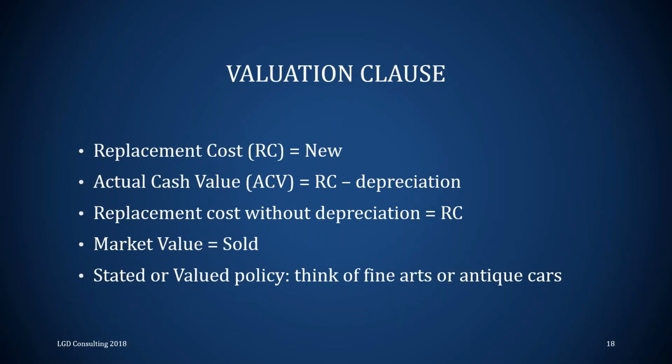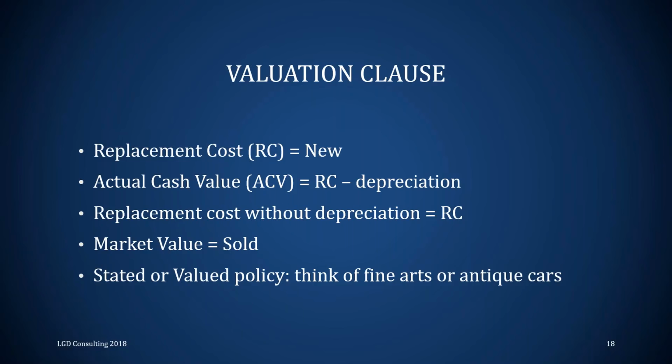And that happens sometimes. Now, when a loss occurs, well, how much are they going to get? And how is it paid out? So this is called the valuation clause. So it determines how do we value the loss at the time of the loss. Okay. So replacement cost is replace, restore, rebuild, reconstruct, brand new. So typically on your homeowner's policy, we're going to replace it brand new. So again, if it's a 3-bedroom, 2-bath house, it burns down, what is it going to cost to rebuild the exact same 3-bedroom, 2-bath house? That's what replacement cost is.